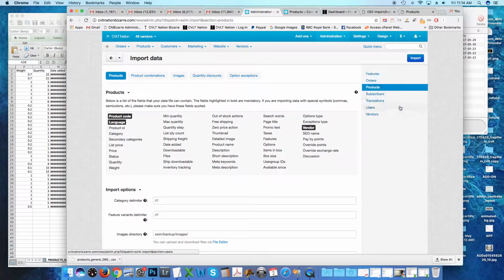Before you import a product CSV, you export a product CSV so then you can see,